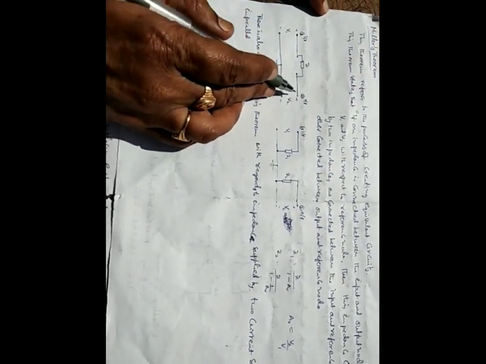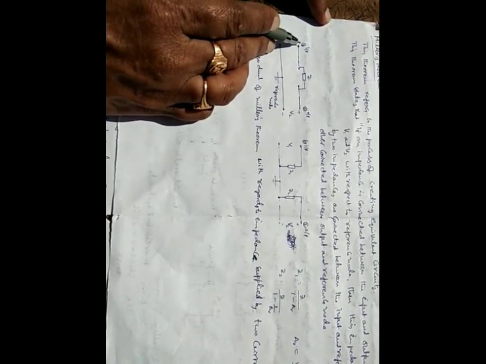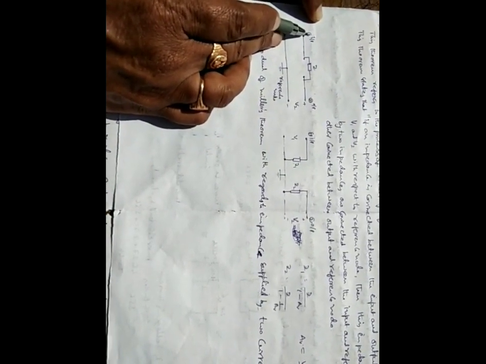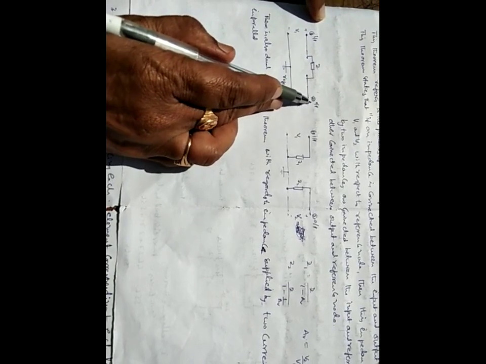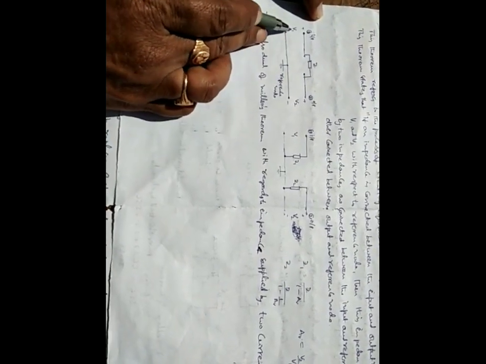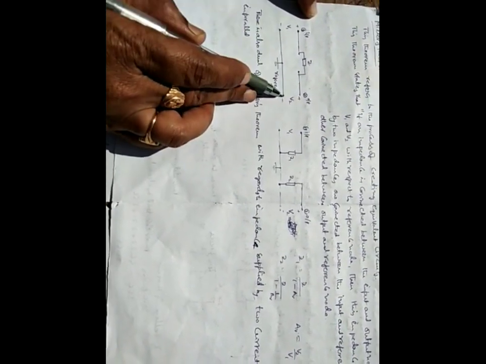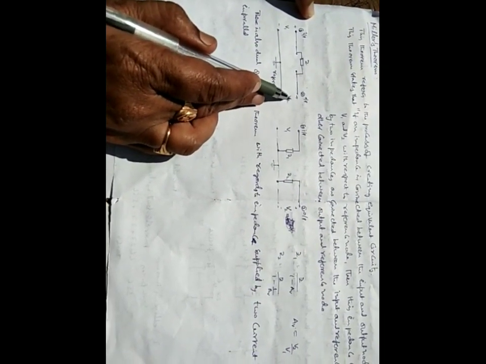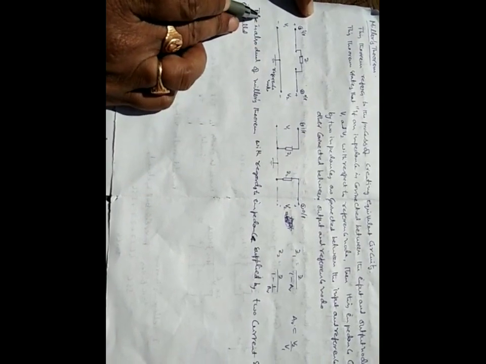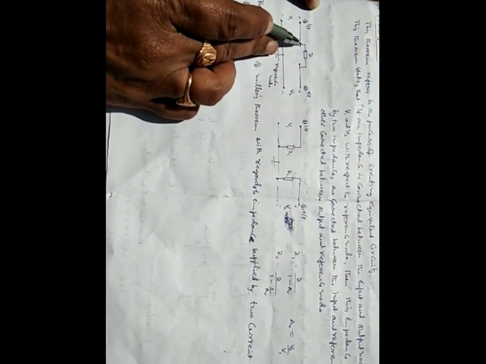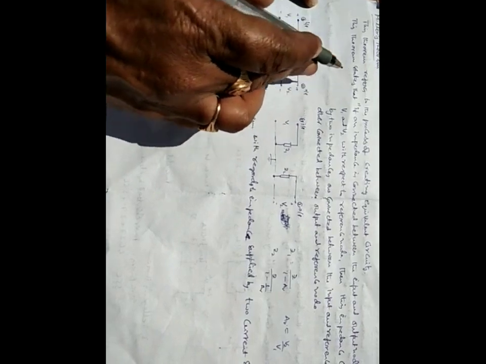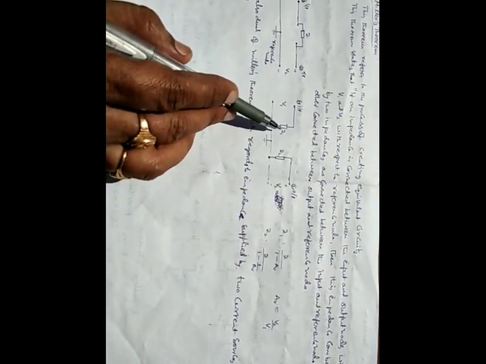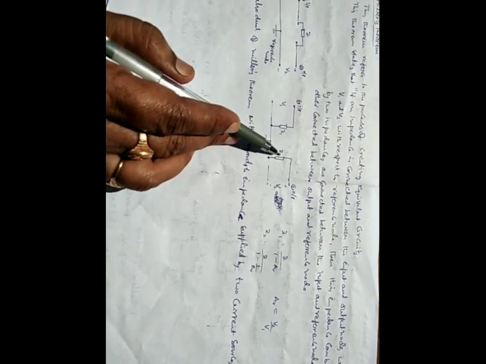You see this figure? Here two nodes are there. This is named as input node or node 1, and this is output node or node 2. This node voltage is V1 with respect to this reference node, and this node voltage is V2, and this is also with reference to this node. An impedance Z connected between these two nodes, by Miller's theorem, can be split or replaced by two impedances Z1 and Z2 like this.